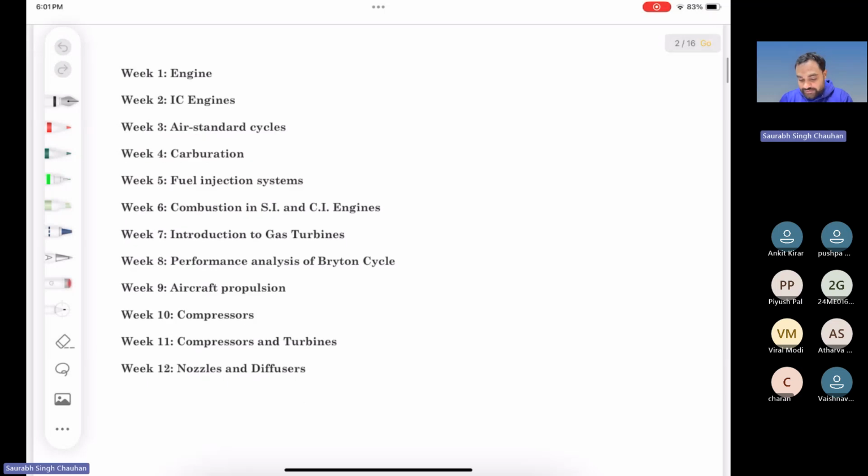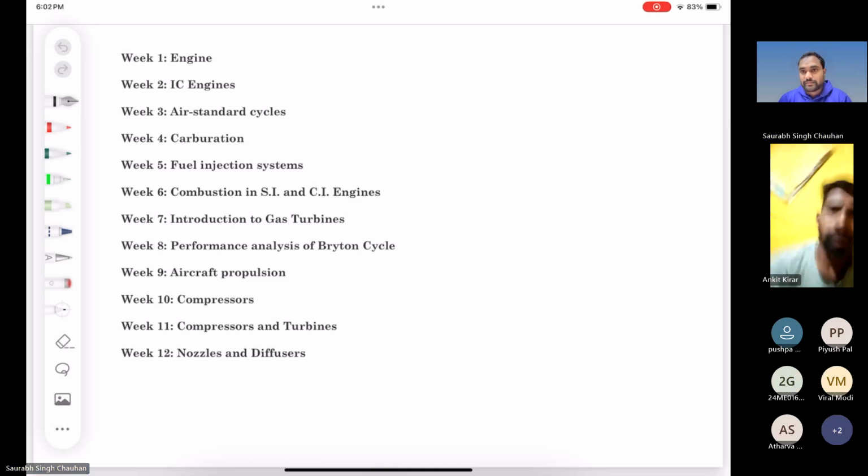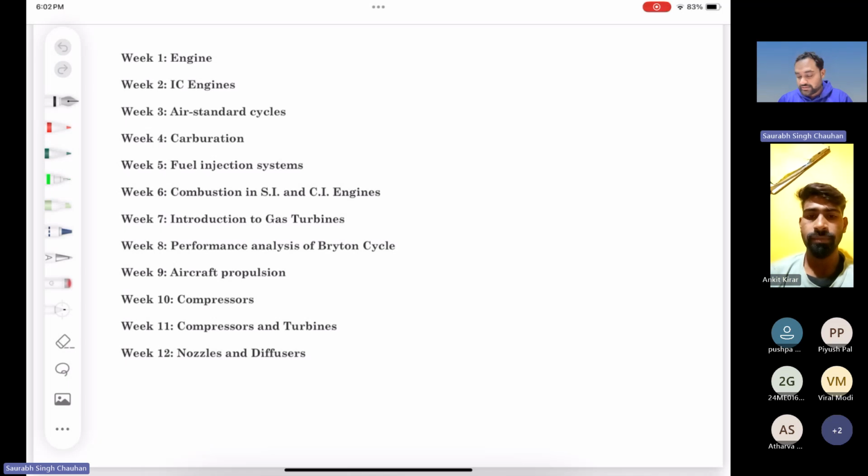So this is a 12-week course, right? In each week some lectures will be uploaded, and after those lectures, in each week you will get some assignments, and the purpose is to solve your doubts if you have any doubt in those assignments. So in today's session, we will be focusing mainly on the content of week 1 and assignment 1. If you have any doubt, then I encourage you to please ask by unmuting yourself, or you can type in the chat box.